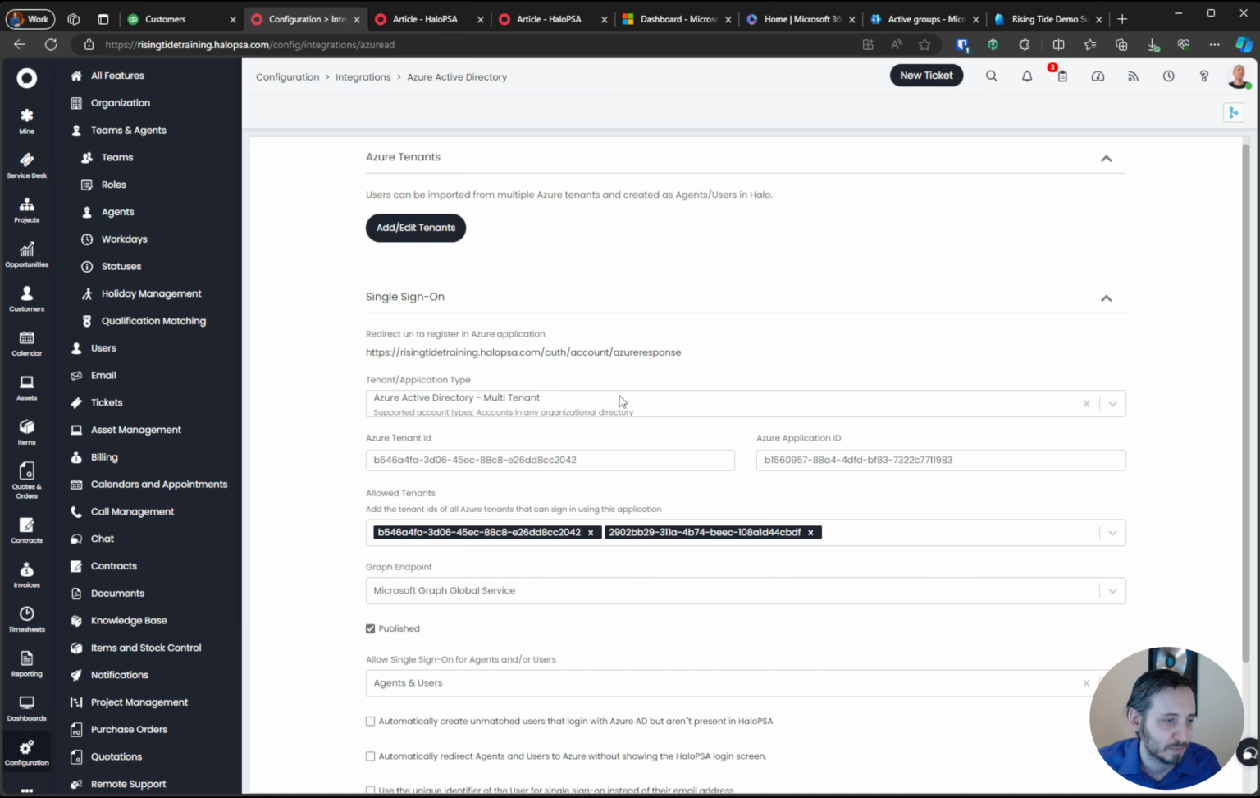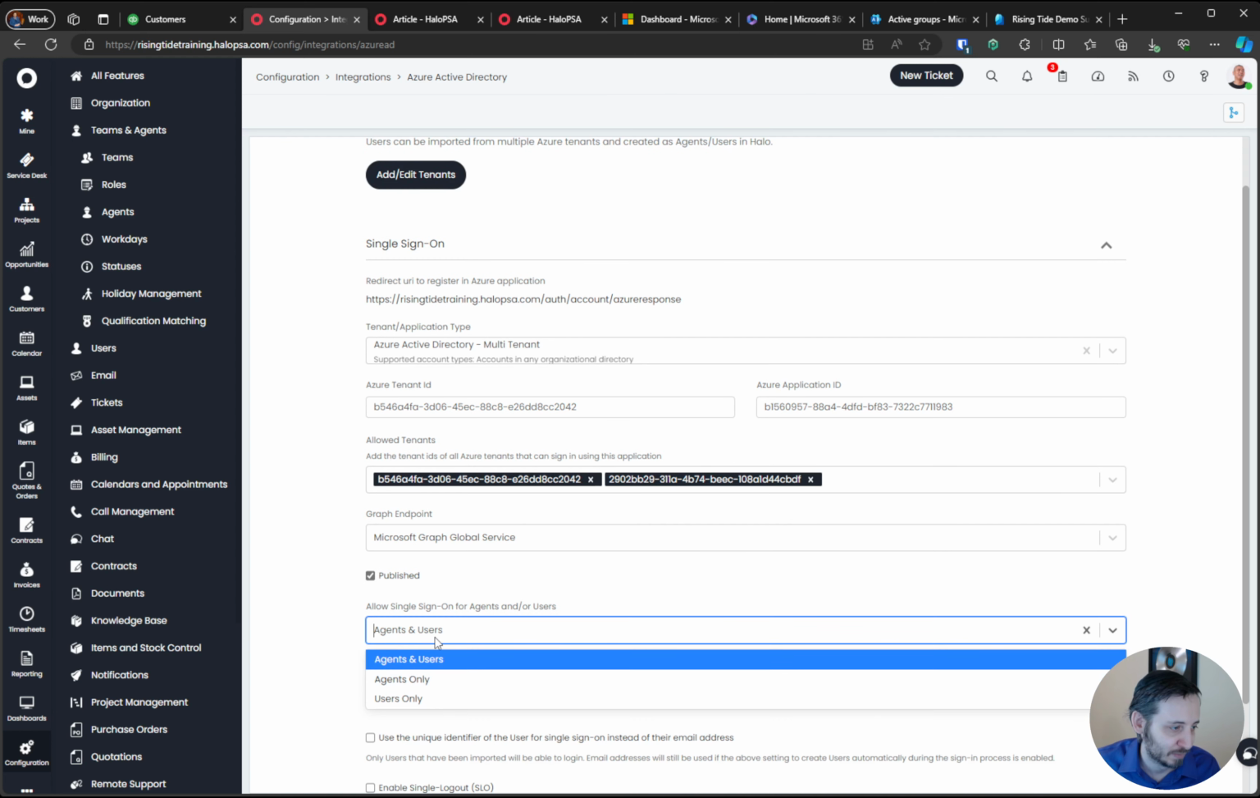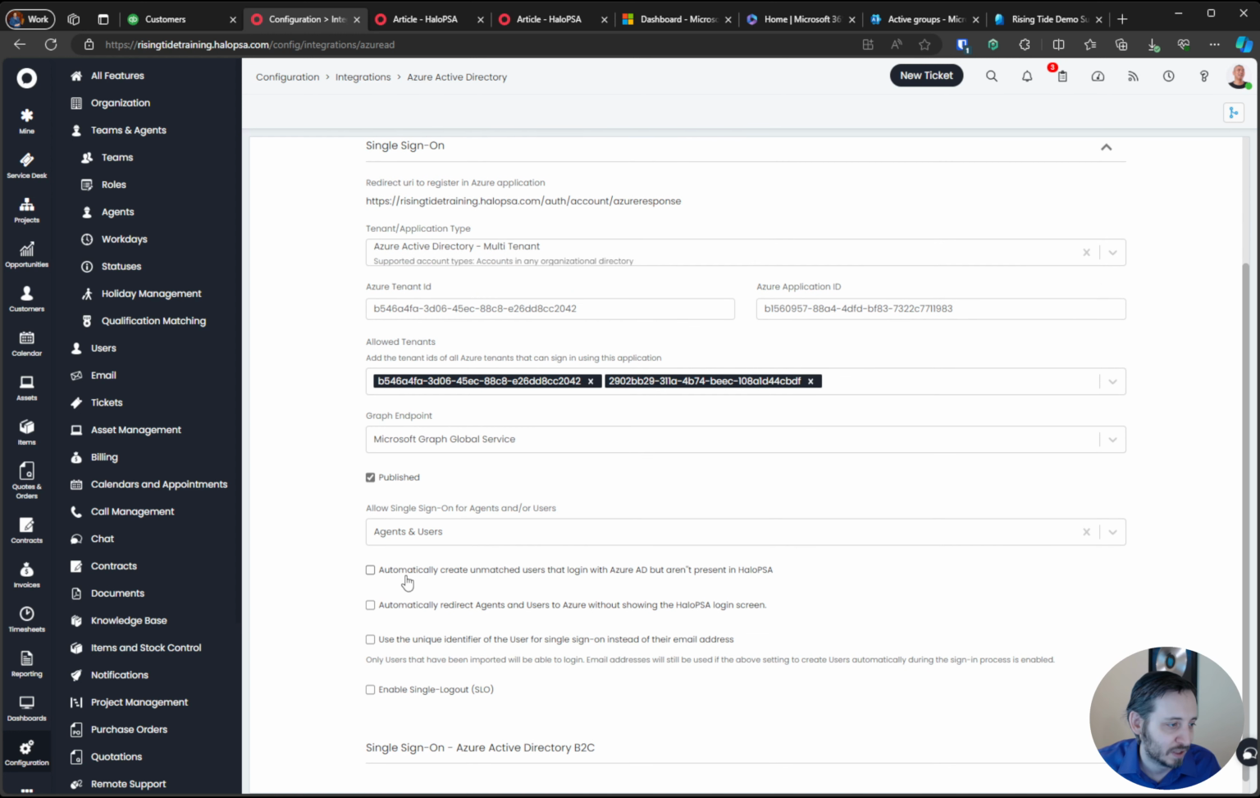I'm going to mark this as published, which is going to make it live. Now we are going to say that we're going to allow single sign-on for both agents and users. And there's some other settings that we can do here if we want to use them. Now,